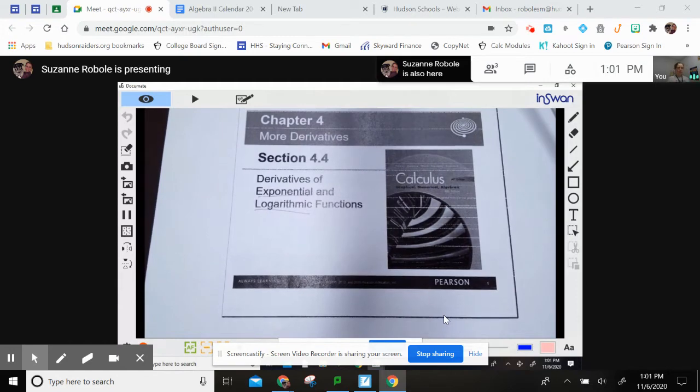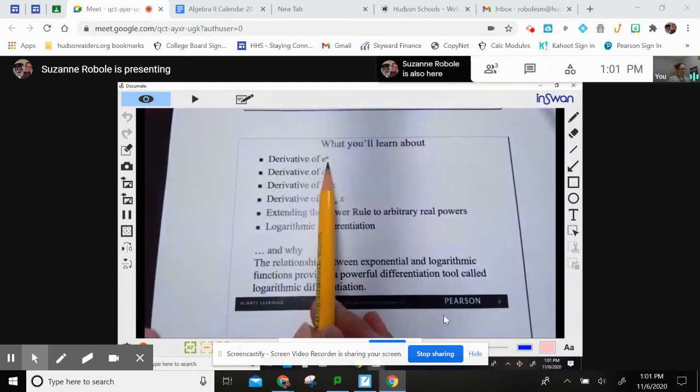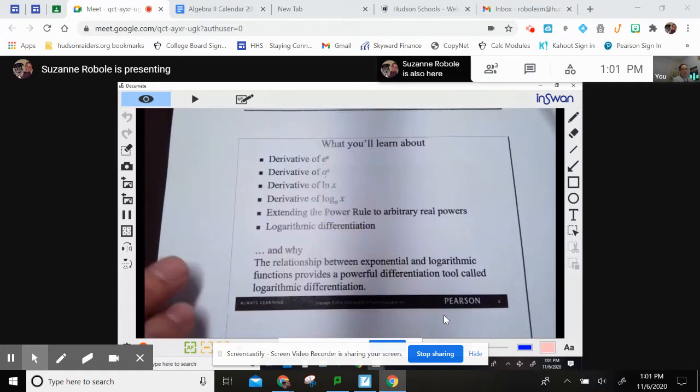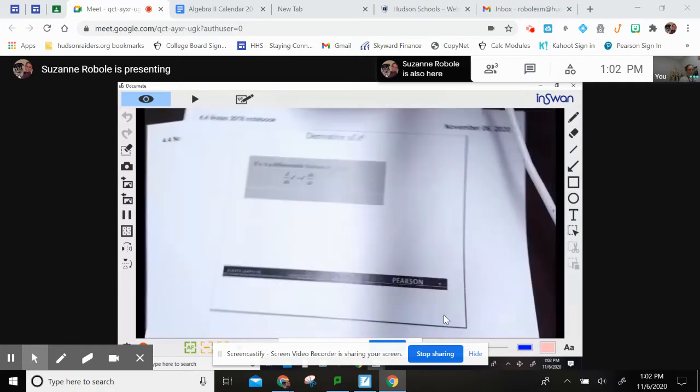So we are talking about derivatives of e to the x, a to the x, where a is a constant, natural log of x, log base a of x, and then extended power rule. Logarithmic differentiation, there's no rule for that, but we will do that example in class together. So our first